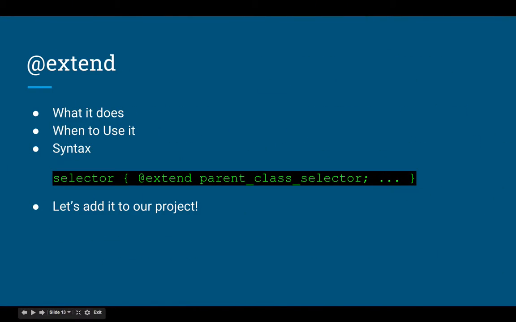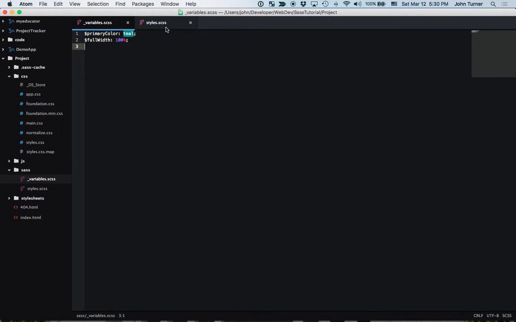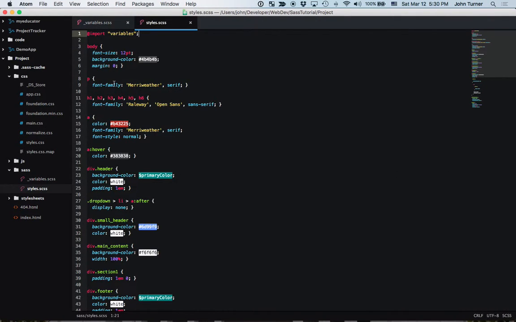Finally, we're going to talk about @extend. The @extend is super simple to use, and it's very efficient. I'm not going to dive deep into this when it comes to the project because really @extend can be kind of interchangeable with mixins. The easy way to show this, and I guess I will go ahead and show it here, is notice that